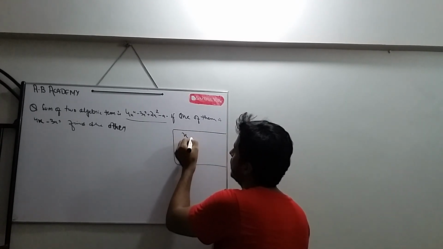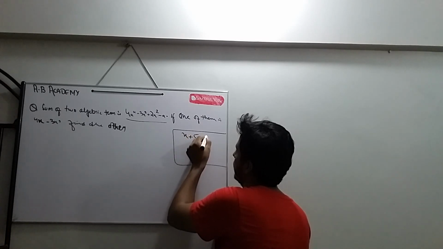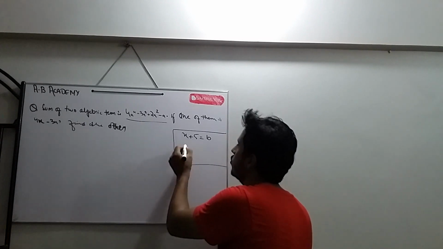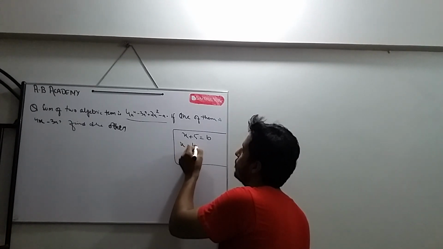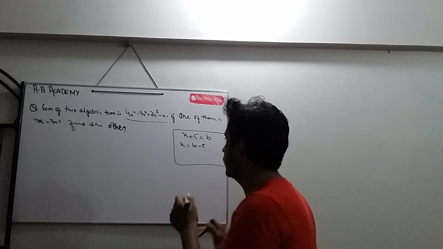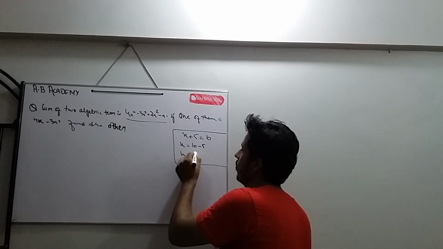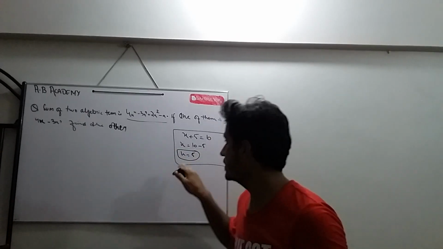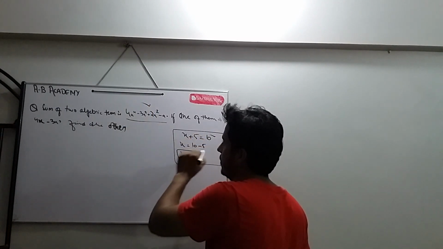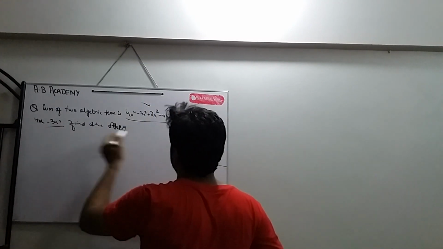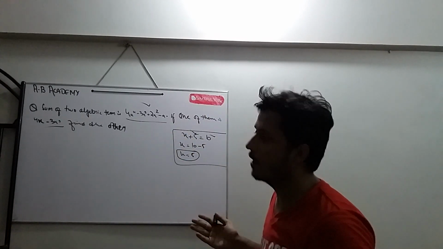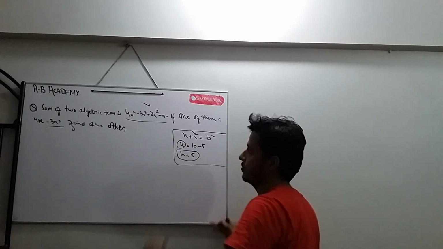If you have been given that x plus 5 is equal to 10 and you have to find the value of x, what would you do? You would simply subtract 5 from 10 and you will get the value of x. The same phenomenon applies here. We have been given the answer and provided with one expression. All we have to do is find the other expression.